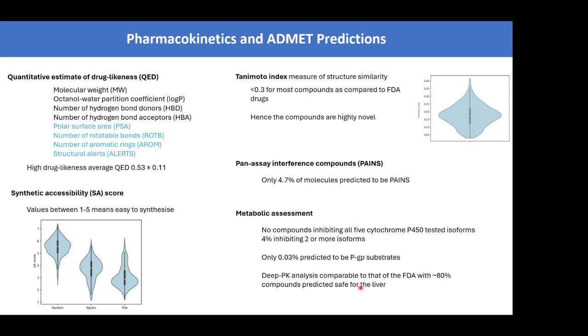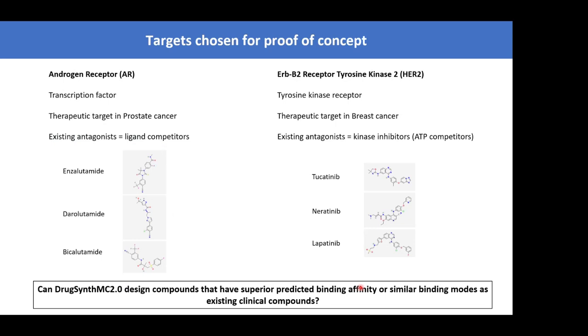Okay, so now we had an algorithm that could generate compounds. Now comes the second part of the question. Can we now use that algorithm to learn and develop compounds for targets? So I told you that we wanted to generate inhibitors for HNRNPA1, but that was a bit of a jump because we wouldn't have anything to compare it to see whether actually the algorithm is able to learn and deliver something of interest.